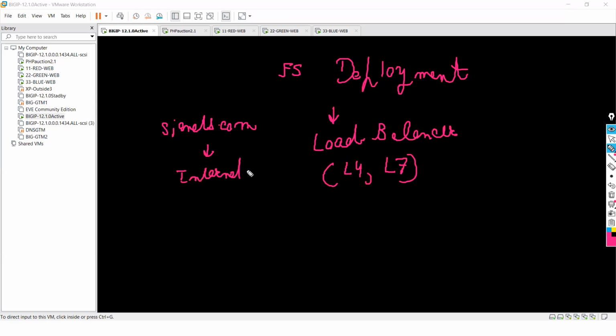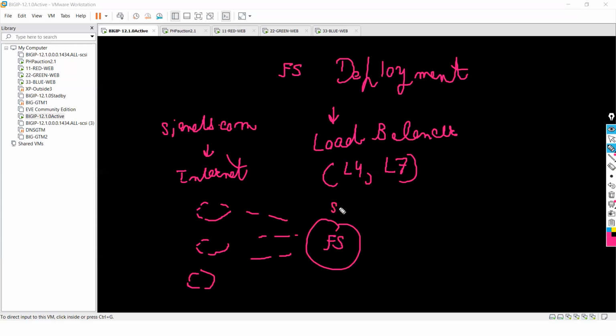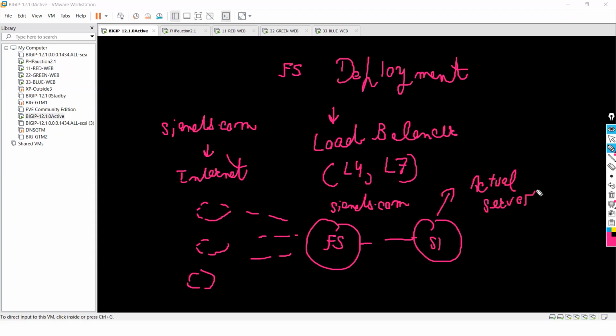But what will happen? One scenario for you. Let's say I have multiple people over the internet coming to access my application, which is hosted on F5. And I have one server. This server is the actual server where your application is hosted. See, when you access google.com, aws.com, sianets.com, that website might be hosted somewhere, right? That is called the actual server where it is hosted.